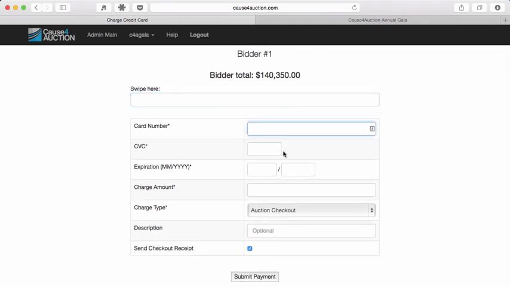Now, if you have an iPhone or an iPad, there is a feature that will actually allow you to take a picture of the card and it'll fill in this information for you. But if not, if you have a laptop with a swiper, you can also swipe it. But it's not too hard just to type in this information. This is a test account, so I have a dummy credit card that I'm just going to type in here. CVC,